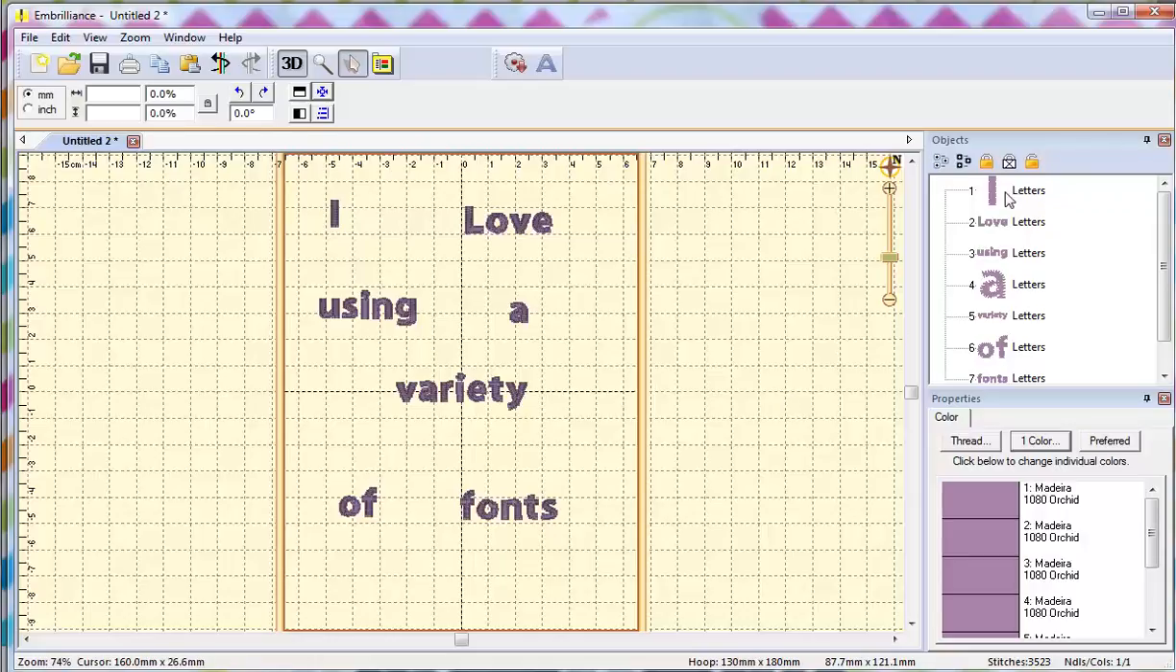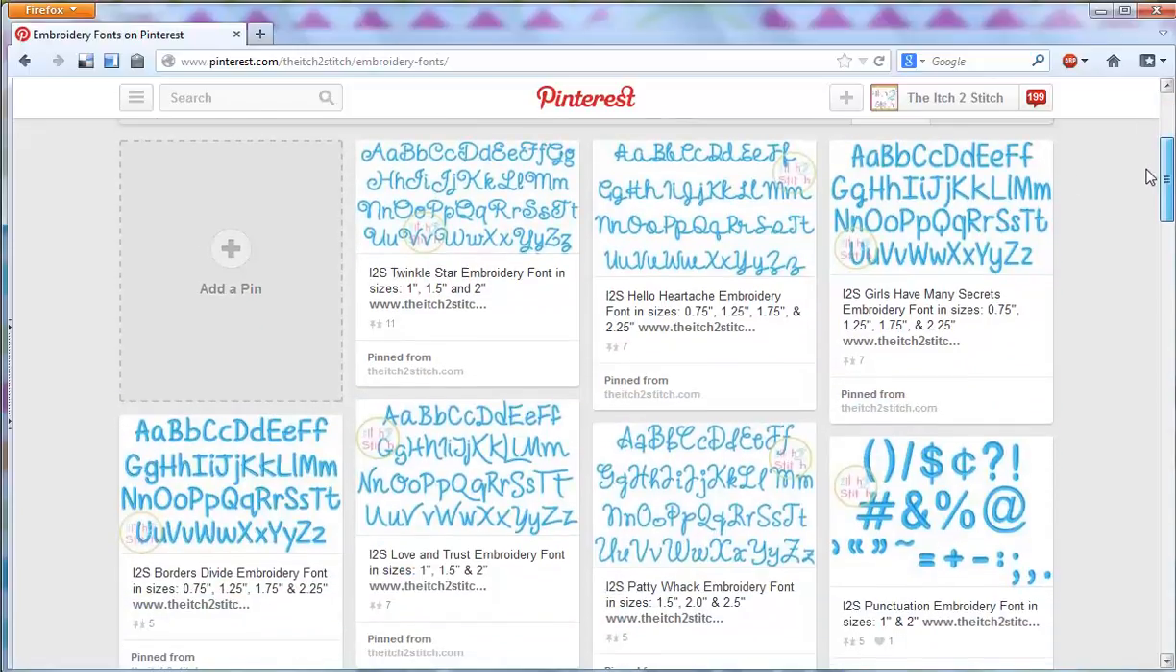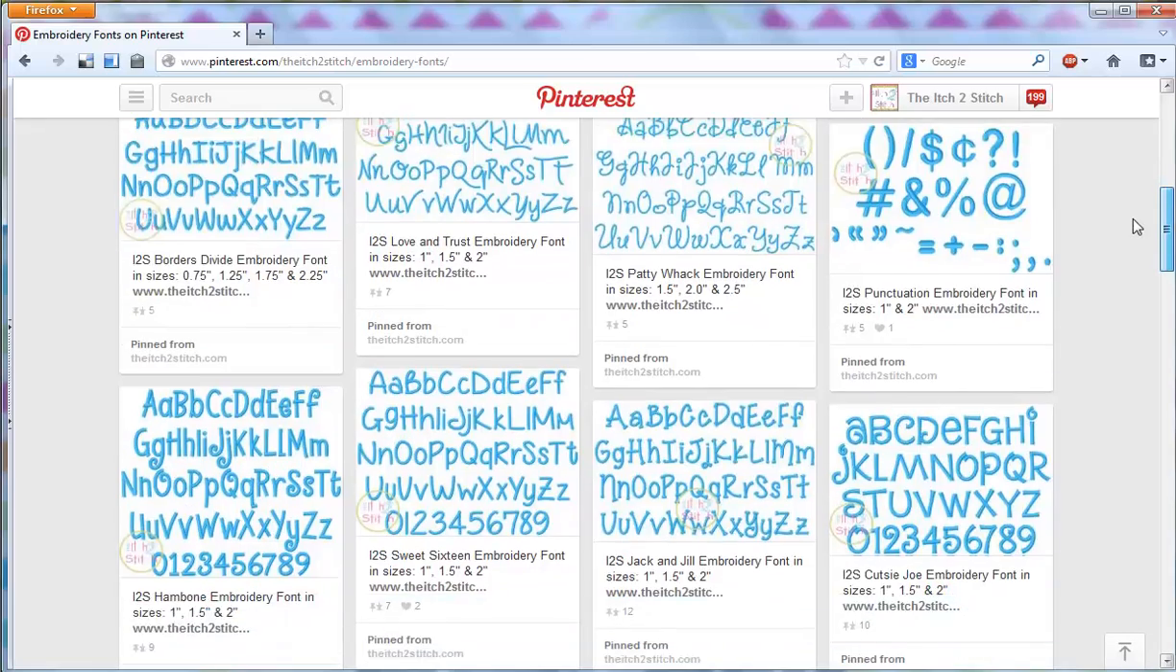Okay, to save time, I've entered in the 7 different items. They come in the standard font, and now I'm going to pick fonts. Now I have the advantage of having all of the Itch to Stitch fonts at my disposal. So I visited our Pinterest page so I could scroll through and see the full alphabet images for every font,